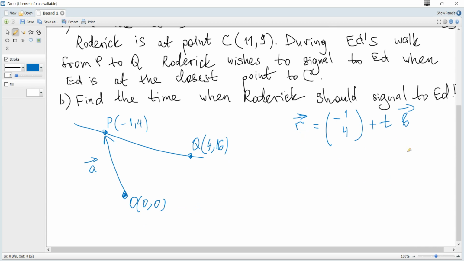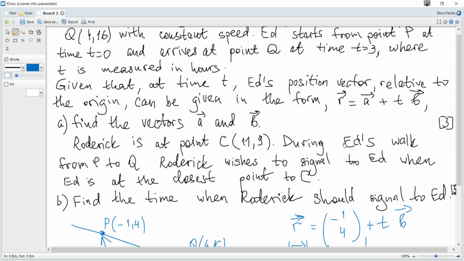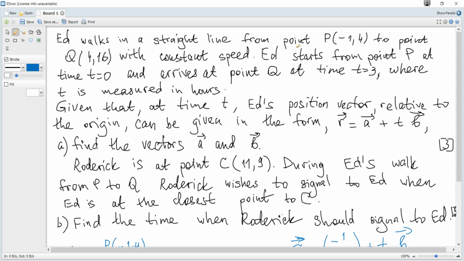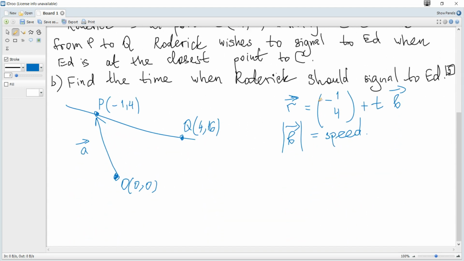It cannot be just an arbitrarily chosen vector which is parallel to a given line, because if we consider the magnitude of this vector, of the velocity vector, it's speed, and speed multiplied by time is equal to distance, and it is given, for example, that when time is 3, distance traveled is PQ distance. So the first way to find velocity vector, we can use that information that when t is 3, distance traveled